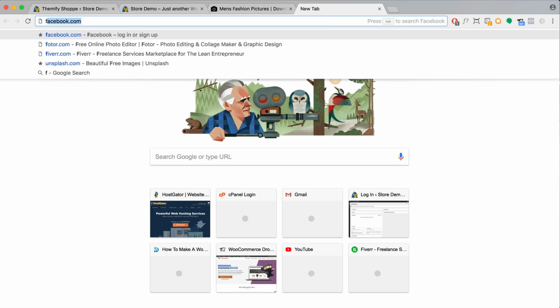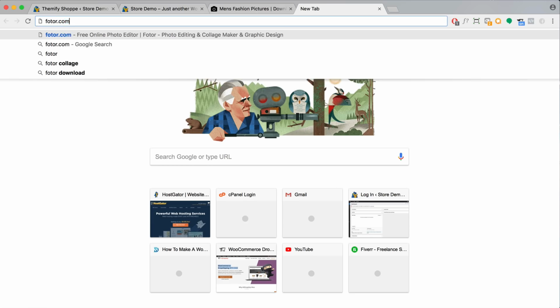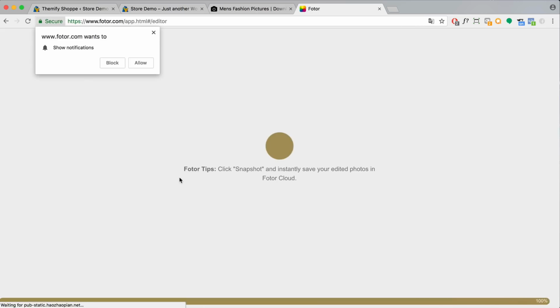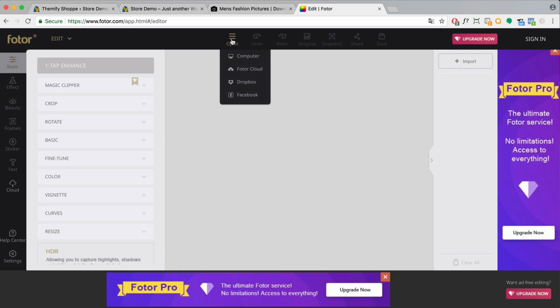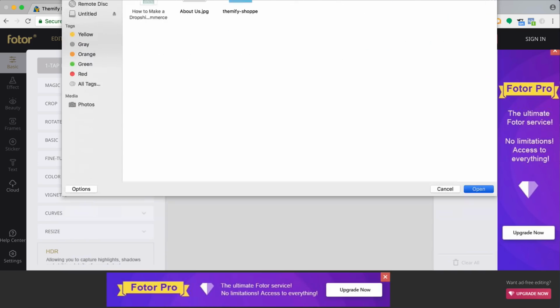So we're going to go to fotor.com. And then what we're going to do is click on edit. So you want to edit your images before you upload it because the file size will be too big. So we're going to click on open and click on computer, and we're going to find the file. So this is the original. Click on open,